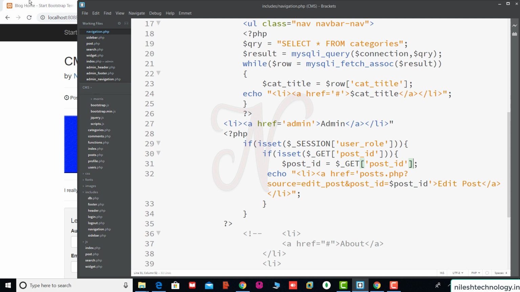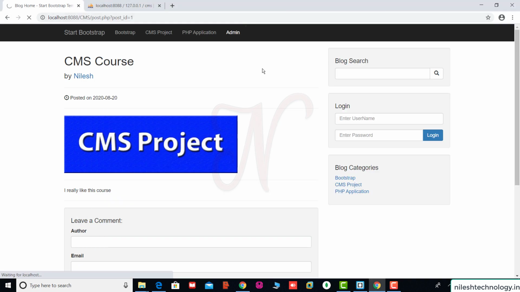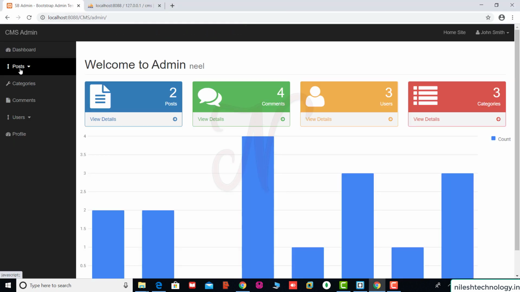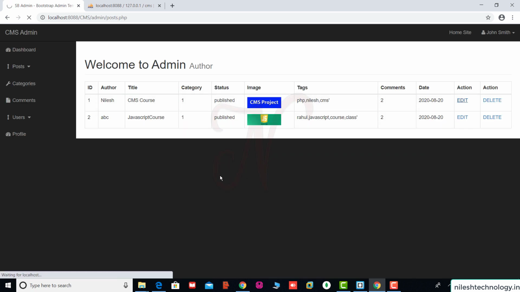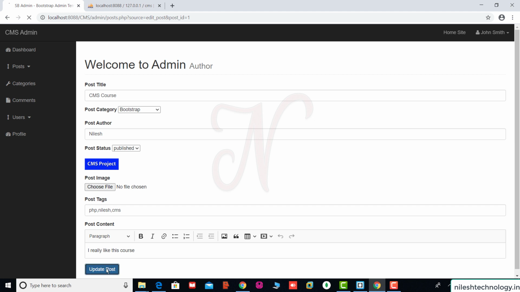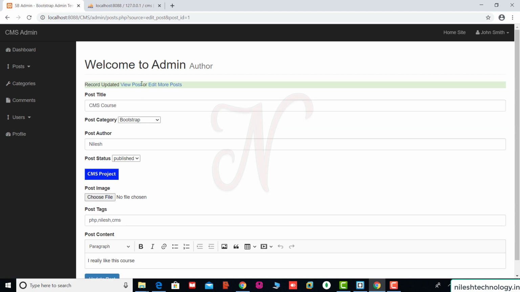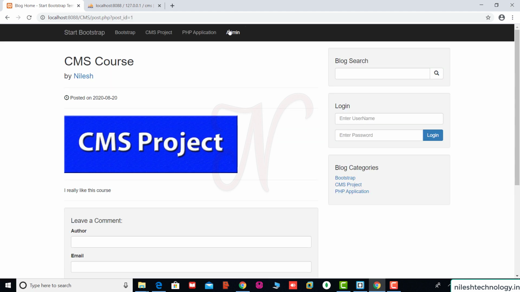So again we test this code. Again we are in admin, post, view all post, edit. So update post. When you click on this view post, no, there is no menu here.